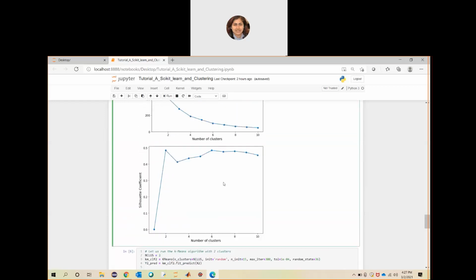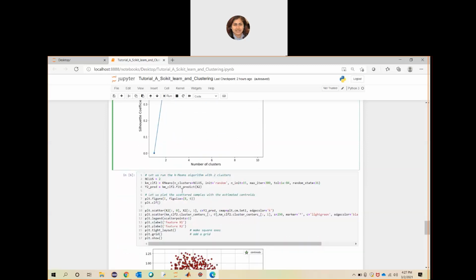So from here, what do you determine? How do you define the clusters? How many clusters do you want? You look for the highest Silhouette coefficient, where the curve is actually happening. This is the point at 2 clusters, so that you need to consider.